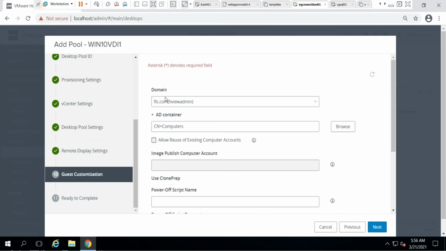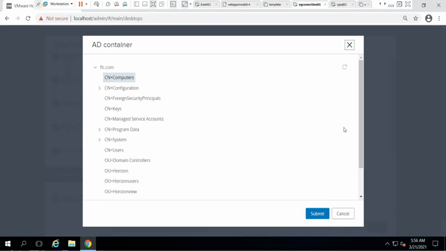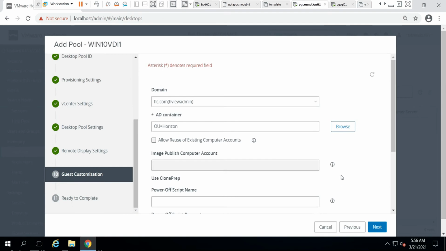So here the domain is flc.com, and the AD container by default shows CN equals Computers, but we already created a folder for the computer objects to be created, that is the OU Horizon. So we'll select that one and submit.